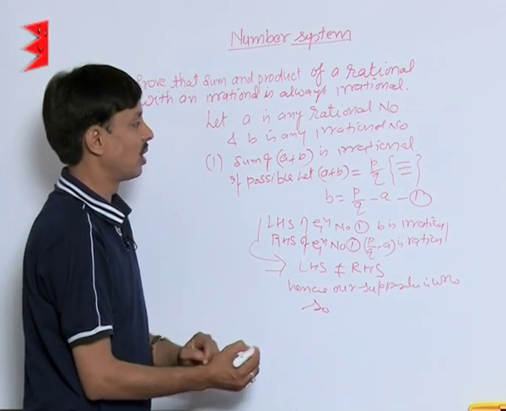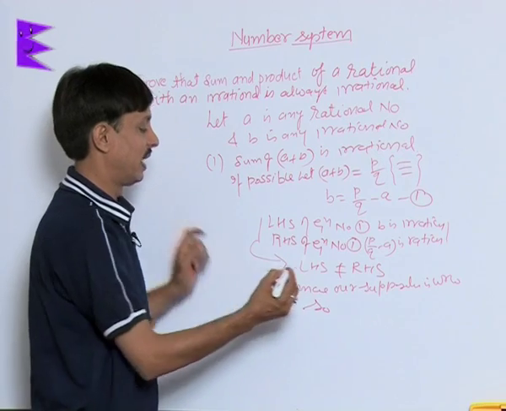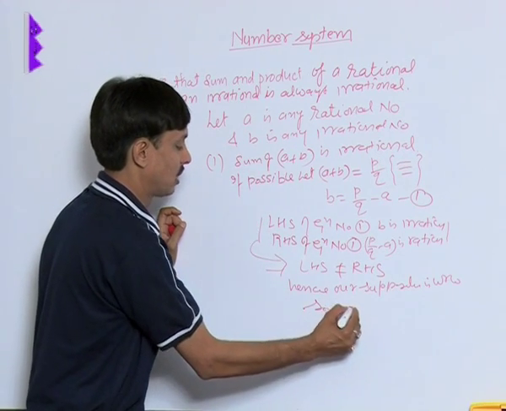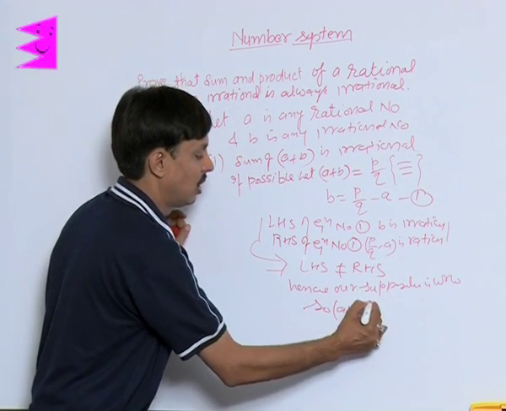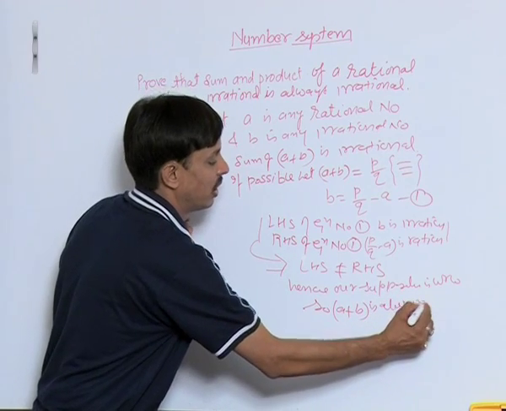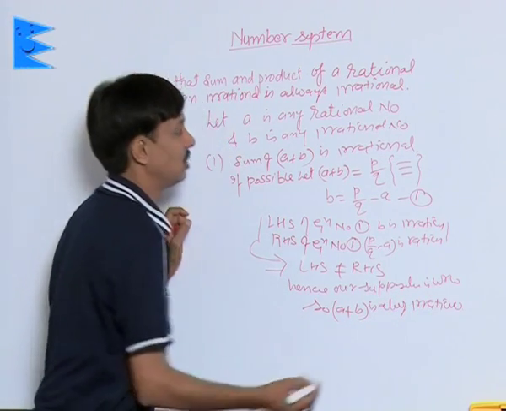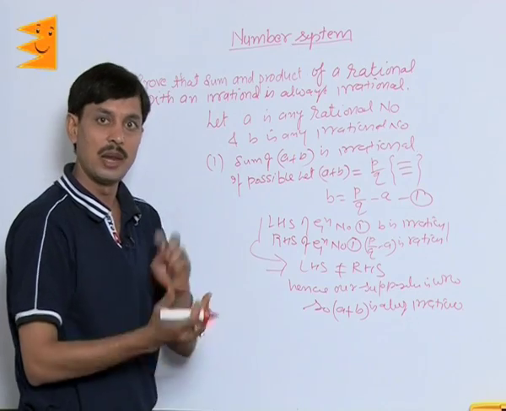So what will we conclude? We will conclude that the sum of a rational with an irrational is always irrational. This is the first proof. I will explain the second proof,